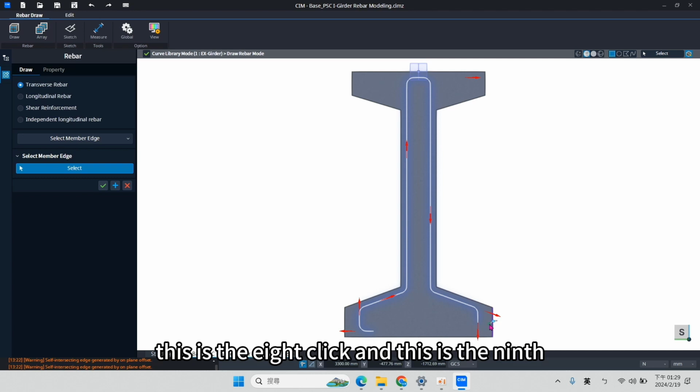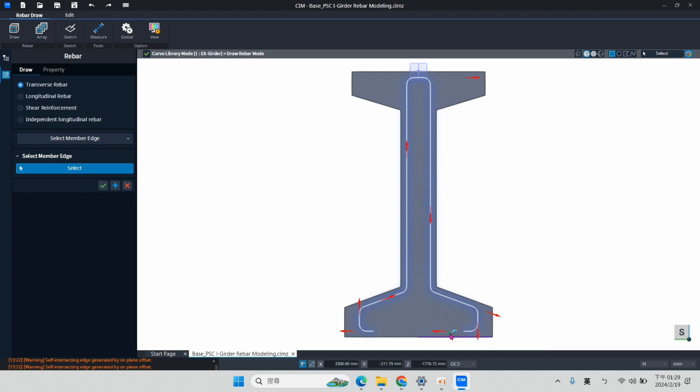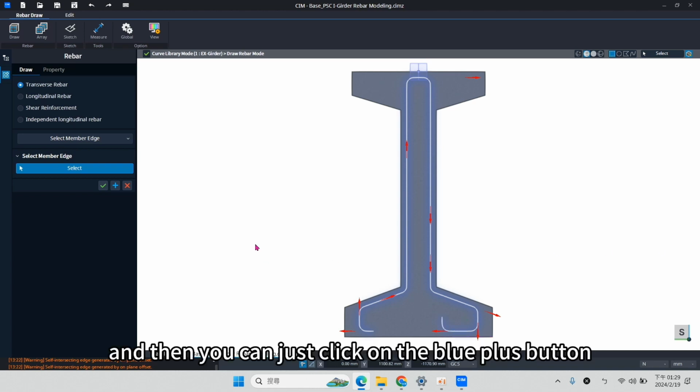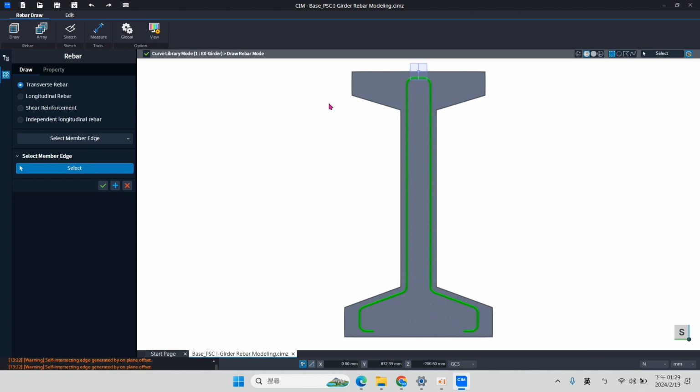And this is the 8th click, and this is the 9th. Okay, and then you can just click on the plus. Voila. This is the abdominal rebar 2.